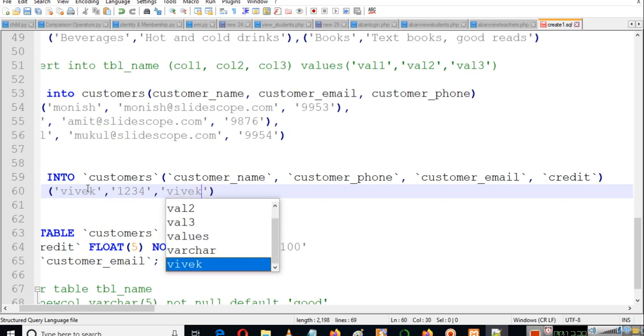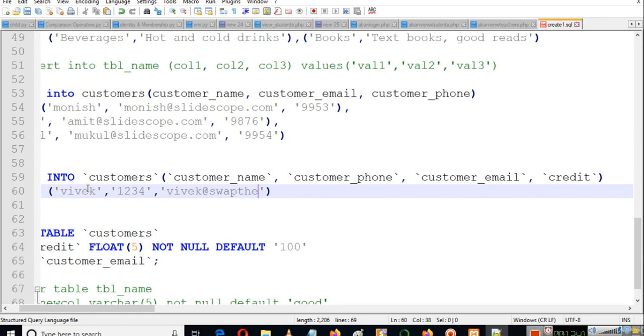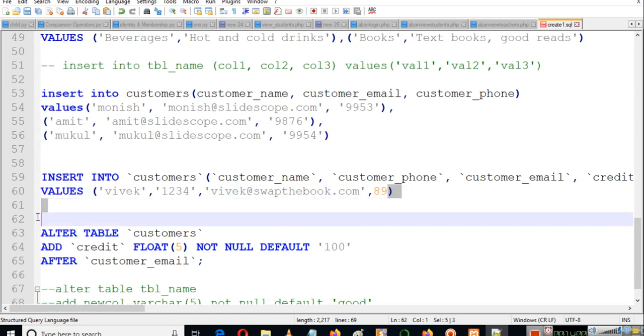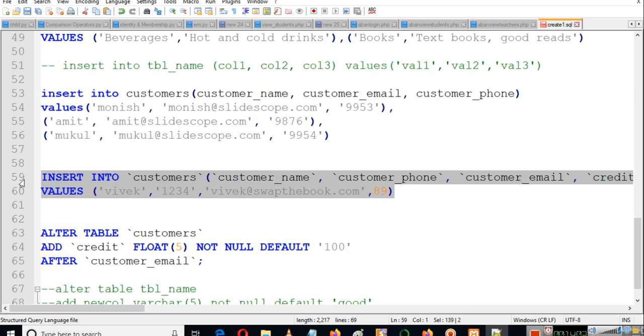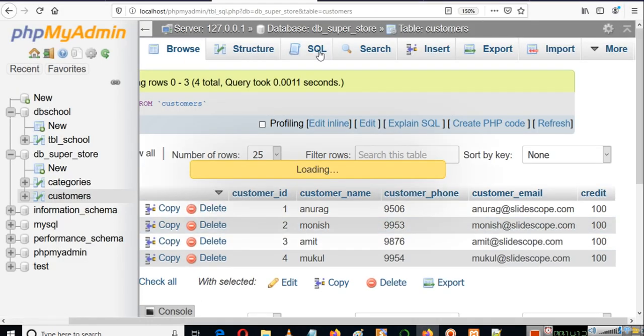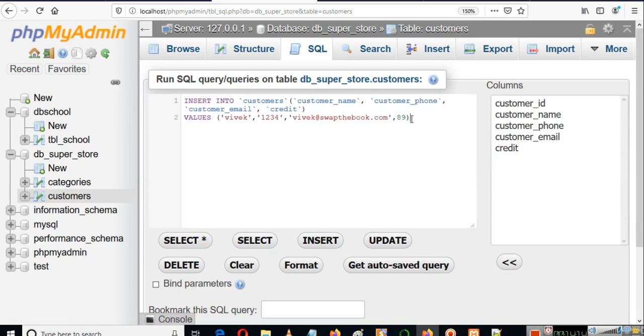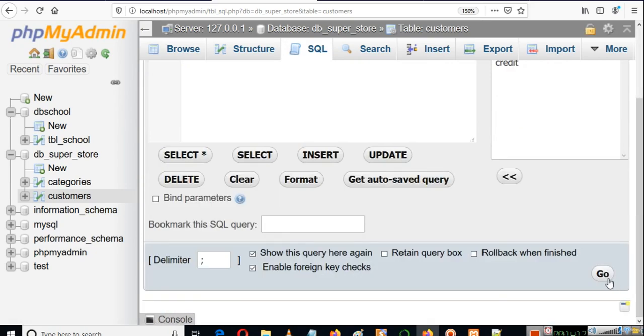So let's say vivek@swapthebook.com, and credit, which is actually an integer value. So let's say the credit of Vivek is 89. We are not going to give it a default value of 100, we are going to give it a value of 89. Every other customer which is automatically created will have a value of 100, but this particular customer, when we are creating it, will have a value of 89. Now same procedure, hit enter,